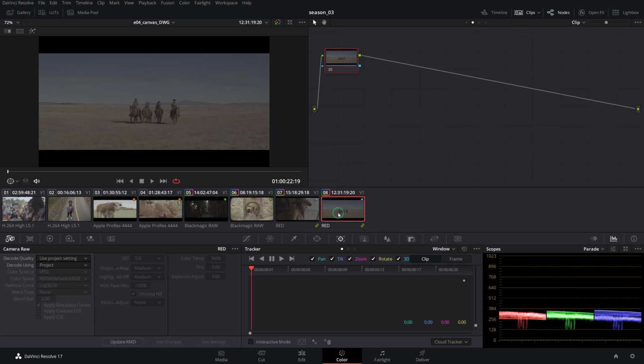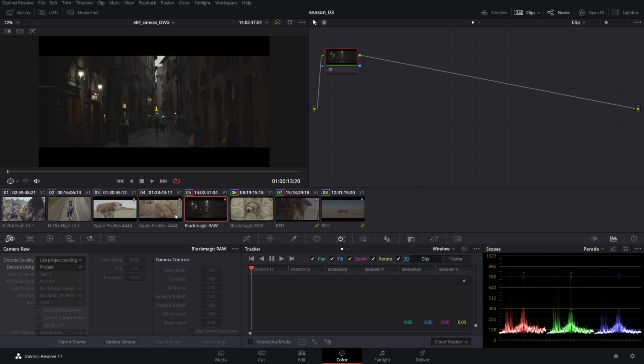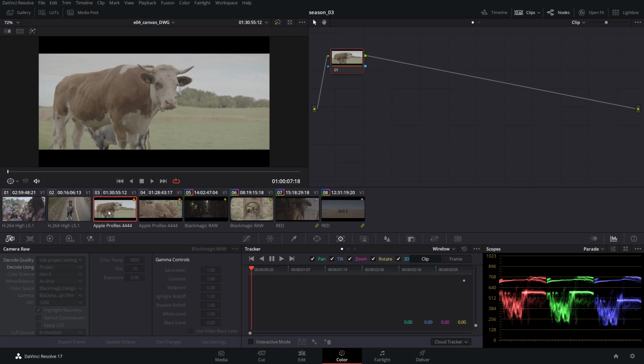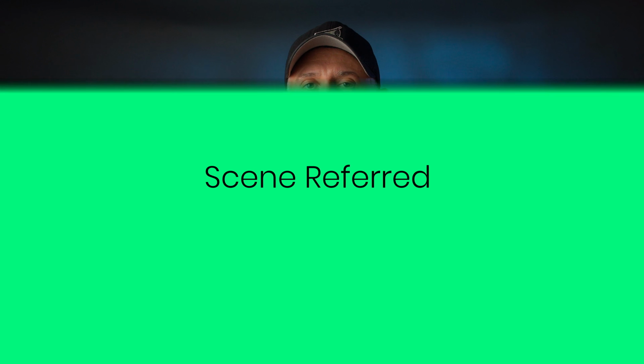This further can complicate things when working with different camera sources and trying to match your shots due to each manufacturer's specific color science and gamma curve. For example, the same green leaf shot by two different cameras will look particularly different on screen when compared side by side. Resolve introduced the color management workflow in version 12, where we have the option of using a color